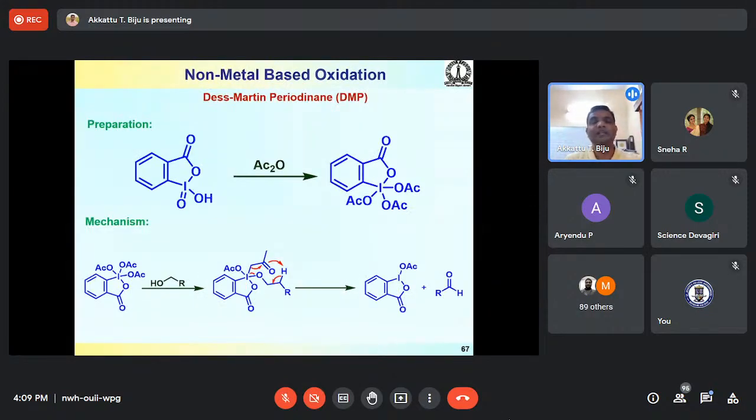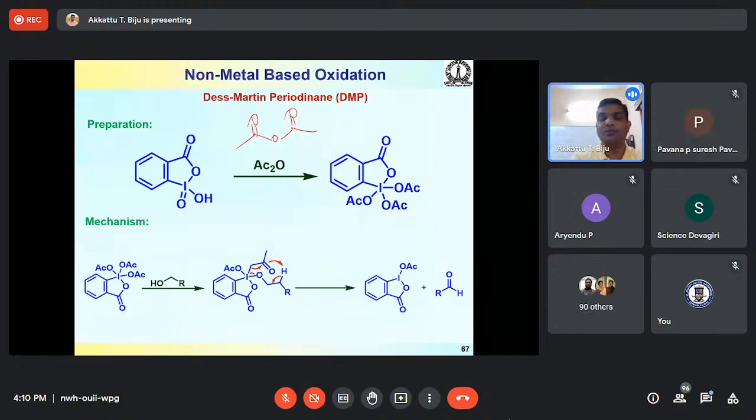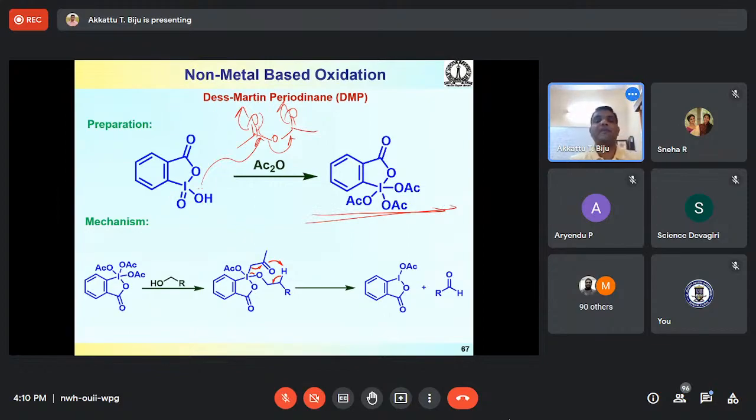So the enol ether moiety will be unaffected under the reaction condition. Dess-Martin periodinane, again, one can easily prepare from this hypervalent iodine reagent, the IBX. If we treat it with acetic anhydride, one of these oxygens can add to the acetic anhydride and eliminate one acetate, and the eliminated acetate also can add to form the acetate containing reagent,